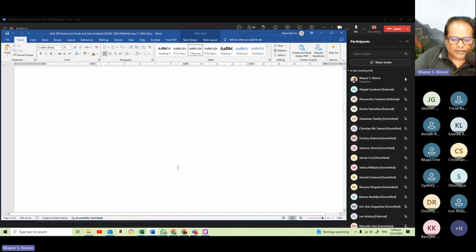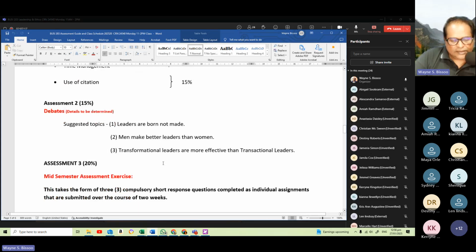And the way in which the debate is designed, given the size of our class, we will shape our class into 3 teams. We will select as a class 2 of these 3 topics and we'll debate any 2 of them. So we'd have debaters for and against. So if we end up with a class of 30, it'll be 3 teams of 10 students each. The teams will then subdivide into groups of 5, and they will choose one of the topics to assign themselves to argue their position, either for or against. The 5 that are left over will take on the role of mediators, and the activity here will be adjudicated and marked by